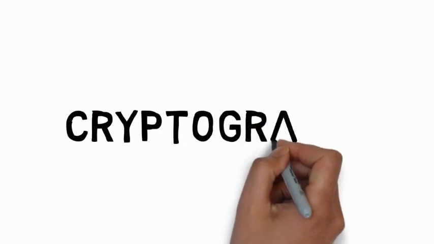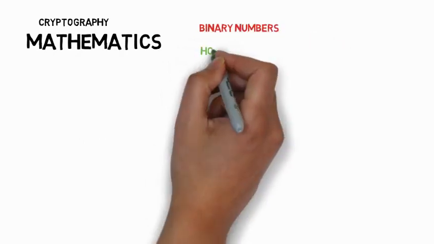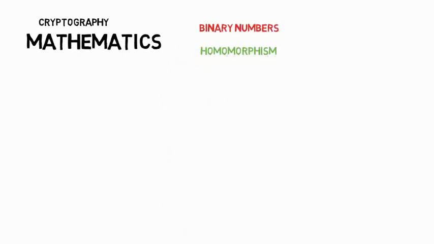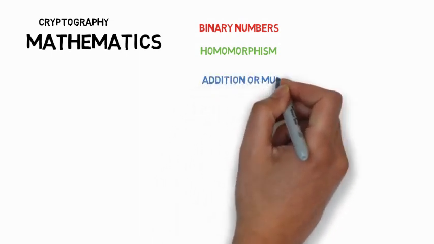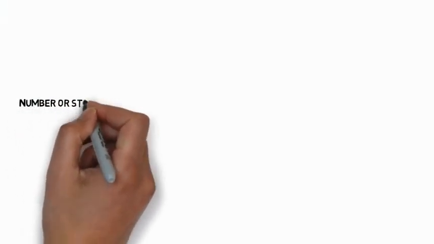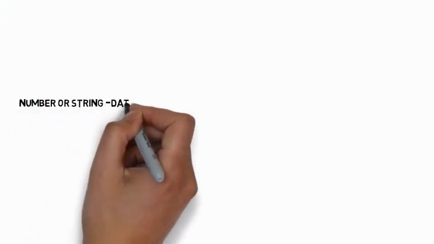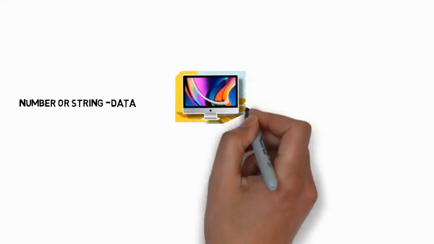cryptography, and the mathematics importantly involved behind this is called homomorphism and also addition modulo groups. These addition modulo groups just produce numbers as binary digits. Every number or every string which you store in the computer is not directly stored, because it takes such a lot of memory which you can't afford.